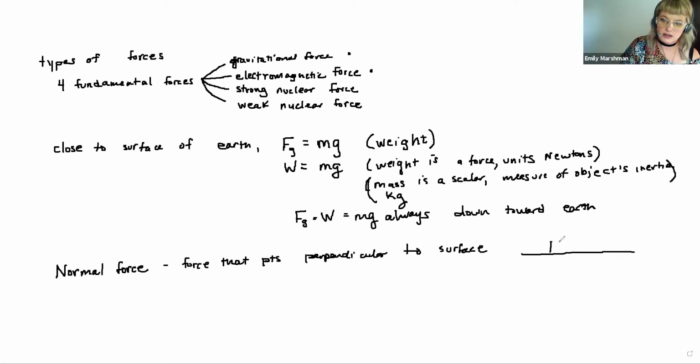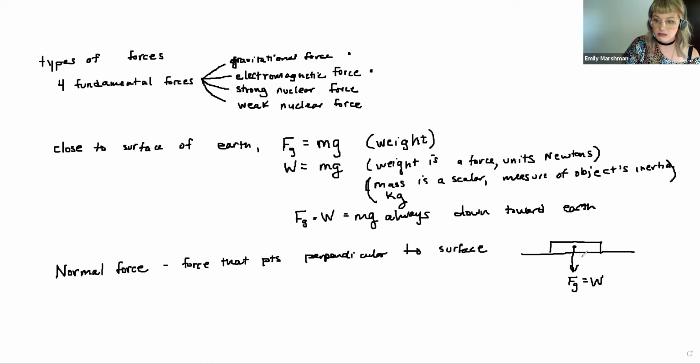and I place a book on this table, there's a couple of forces acting on this book, right? We've already said there's the force of gravity acting on the book that acts directly at the center of gravity and points straight down. That's also known as the object's weight. We know that the object is not accelerating though, so there must be another force acting on this book to keep it at rest, and that force is the normal force, perpendicular to the surface of the book,